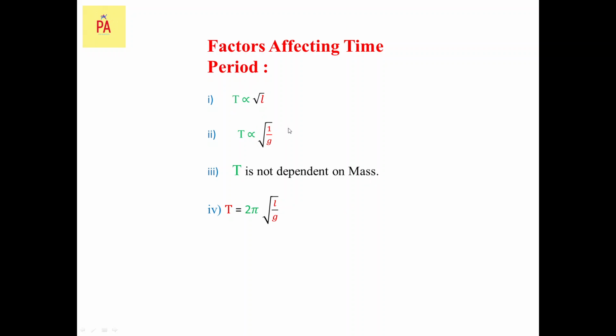Now if I combine these formulas, we will get a proportionality constant, that is 2 pi. This is a factor mainly to get approximately a correct value from any equation. We will find that there are proportionality signs, and that proportionality sign is replaced by equal to, and we get a proportionality constant over here. This is nothing but a multiplying factor. In more simple words, it is a multiplying factor which gives you a roughly true value of the time period of that place, or the value of that quantity at that place.